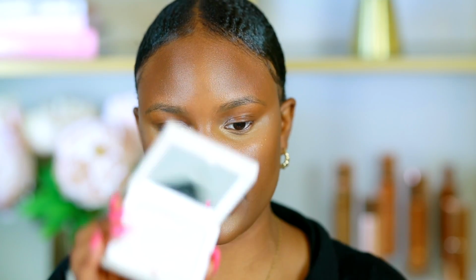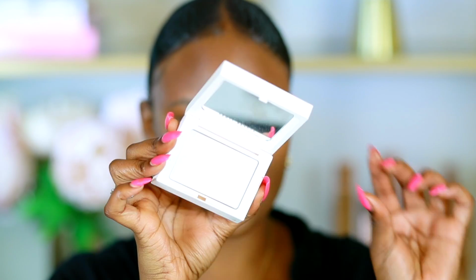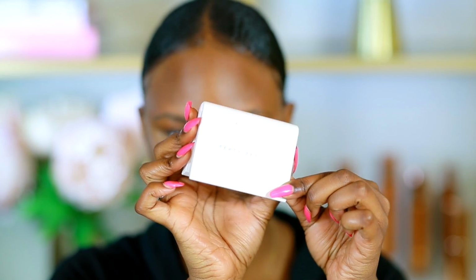The one that I really like is this one by Fenty Beauty. It's this white blotting powder. It's really good for oily skin. It's also good for dry skin or combination skin, to be honest, if you really just want to touch up your makeup real quick, because it doesn't add coverage onto your skin. So when you're adding powder on top of makeup, you're adding more unnecessary layers of makeup on your skin,